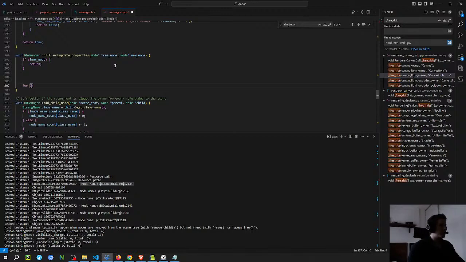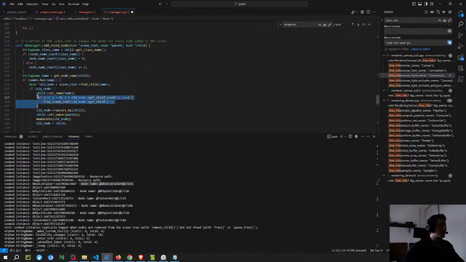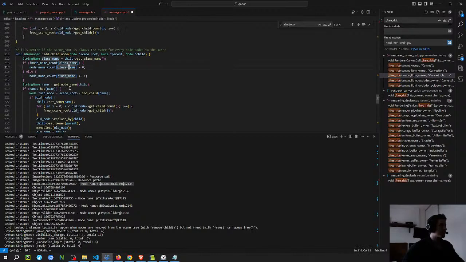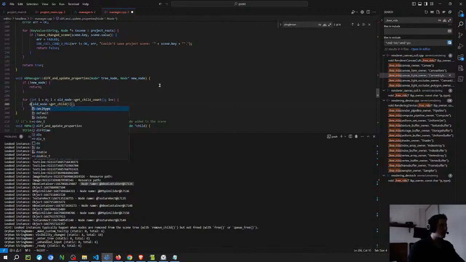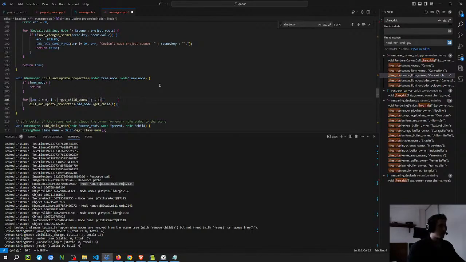Then here, I would copy this stuff here, and call it recursively. Well, that should find our new nodes. And then in the middle,